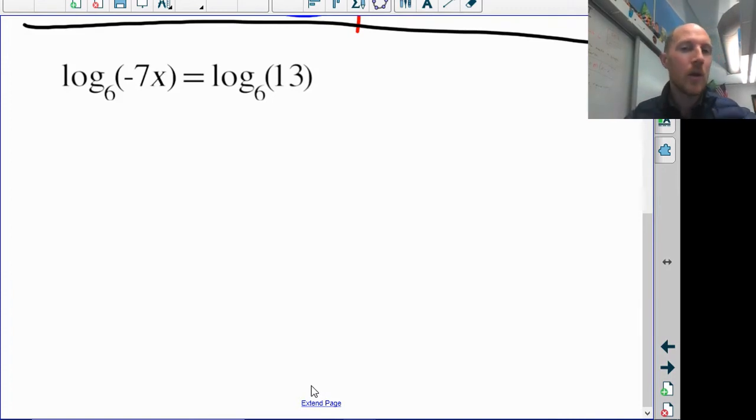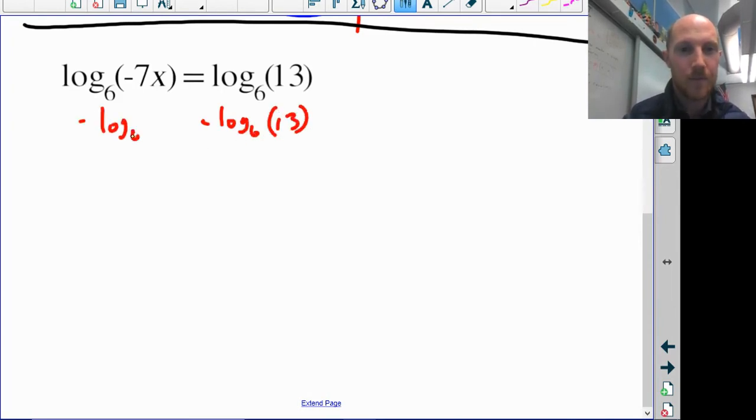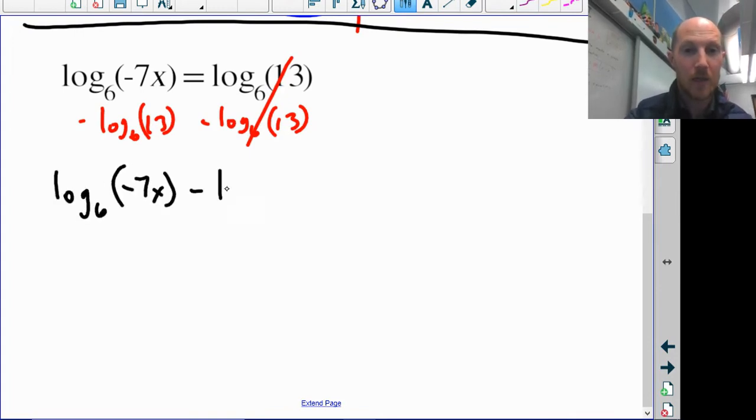So one of the things we often do in math when we're solving an equation is bring everything to one side of the equal sign and set it equal to 0. That's our third option here. So I'm going to just subtract log base 6 of 13, and we'll do the same on both sides. Those are going to subtract to give me 0. So we're going to have log base 6 of negative 7x minus log base 6 of 13 equals 0